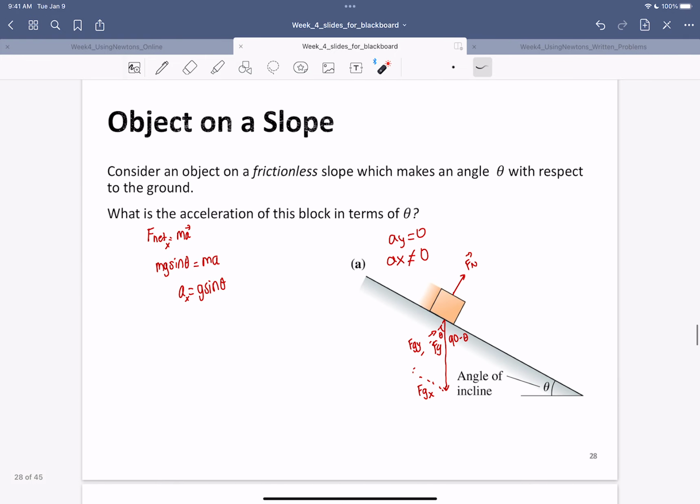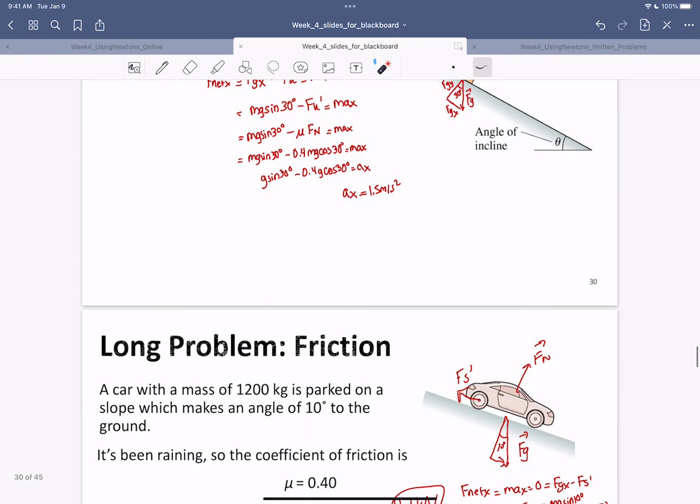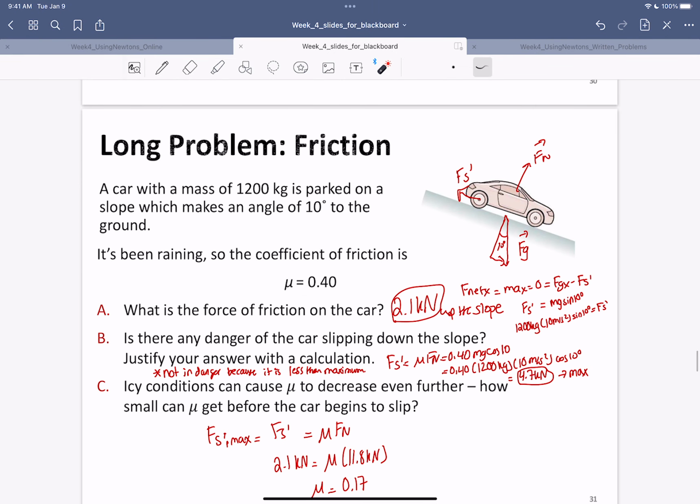Objects on slopes, tilted coordinates. Same idea here with tilted coordinate stuff. We did a bunch of those now. This is a really good example. Yeah, this one should be marked for sure, because this integrates the static friction stuff, the tilted axis stuff, and